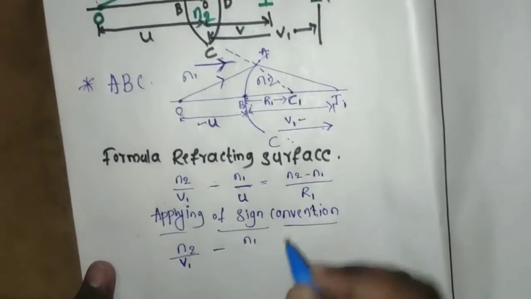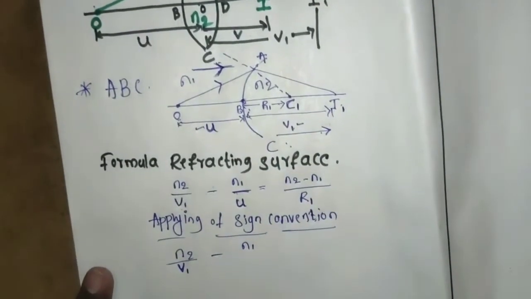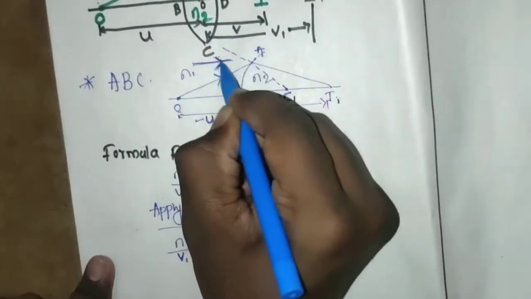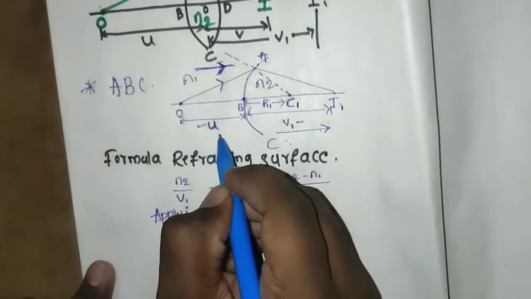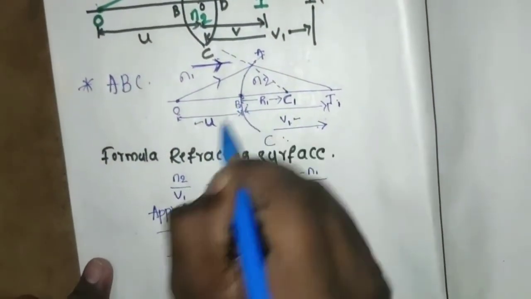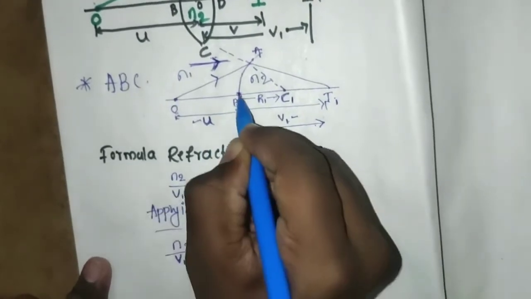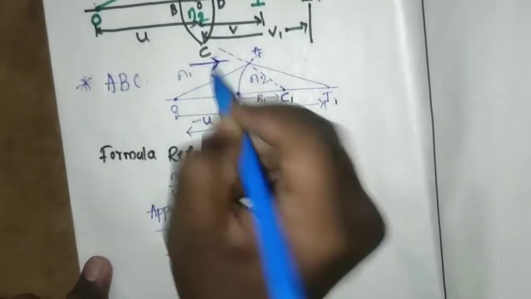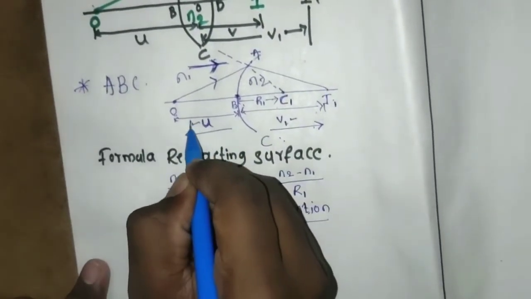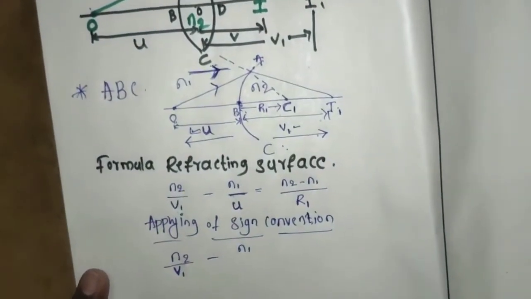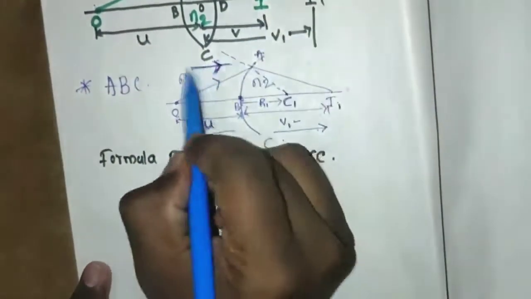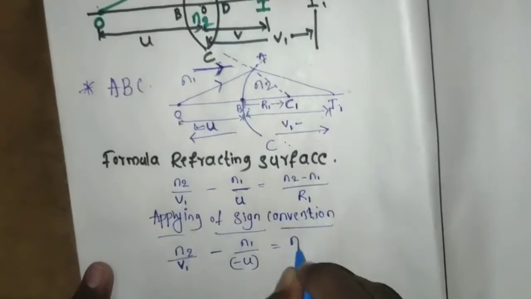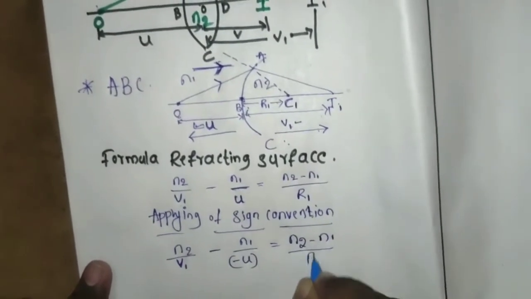Next, for object distance, applying a sign convention for object distance, that is N1 divided by object distance, this is the incident ray direction and we have to measure object distance from B2. Initially I told the image distance, radius of curvature and object distance are measured from the B. Okay, this is the measurement from the B. So this is the incident ray direction and this is the object distance, this is the measurement direction for object. Both are in opposite direction. See here, this is in this direction, this is in this direction. So it becomes minus N1 by u equals to N2 minus N1 divided by R1.